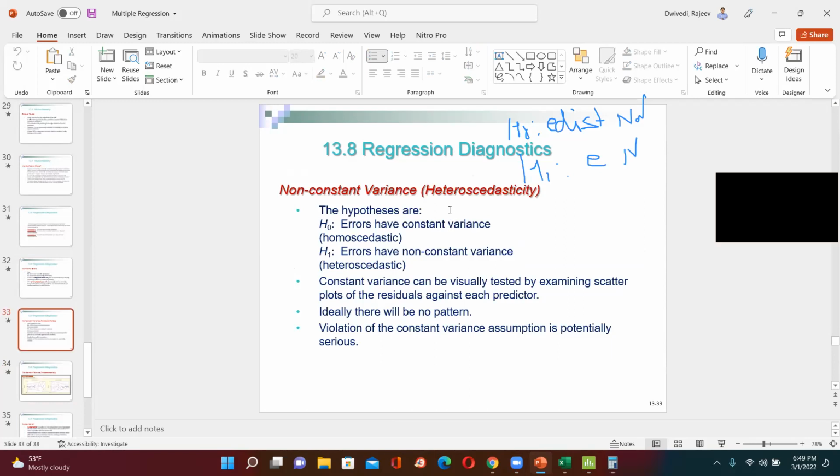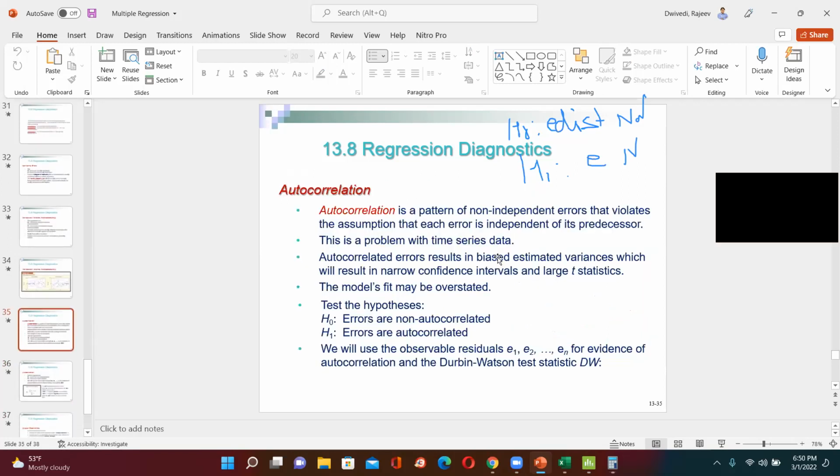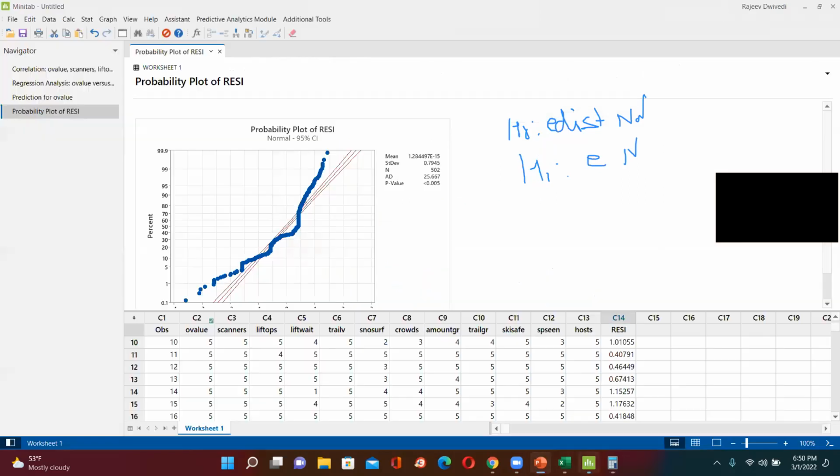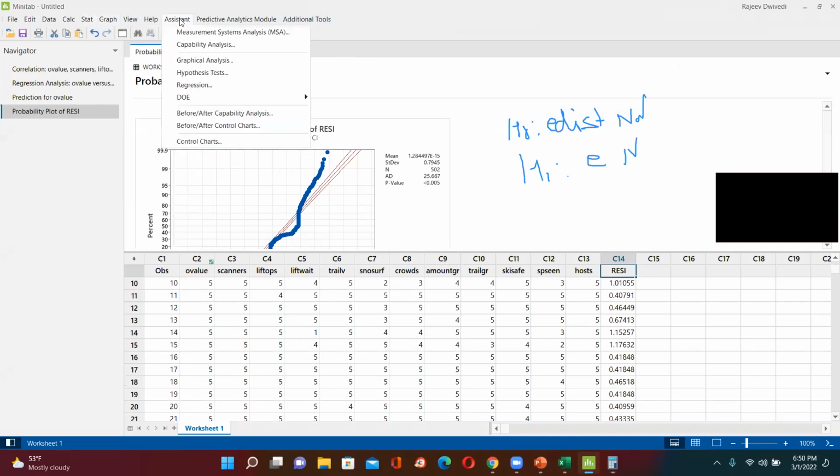If the p-value is not, as in this case, we can clearly see they are not normally distributed. Then the other thing is non-constant variation, heteroscedasticity: errors have constant variation, or errors have non-constant variation. This is another thing we can check. If you see a funnel-in, funnel-out kind of situation, then you can say heteroscedasticity. If not, then you can say no. So how can I see it? Look into this. I'm going to use, this time, or you can directly say, Assistant